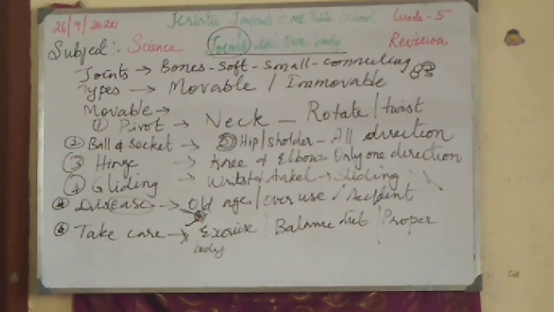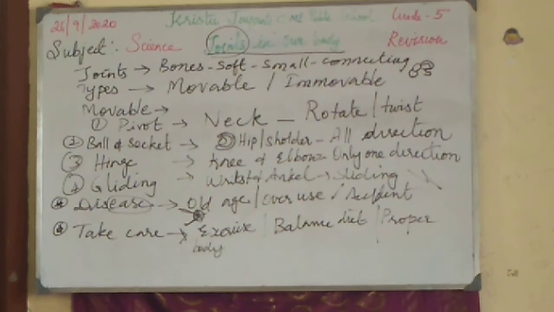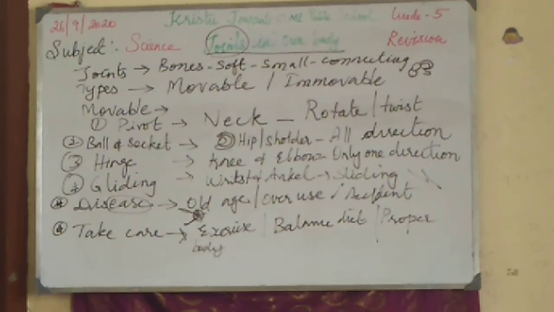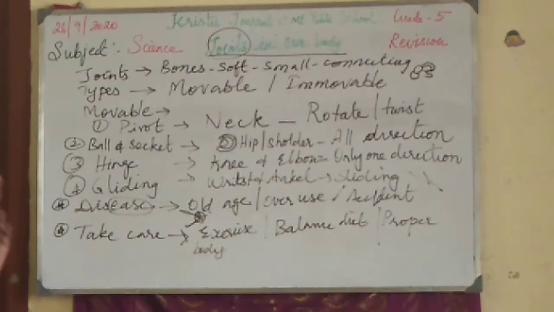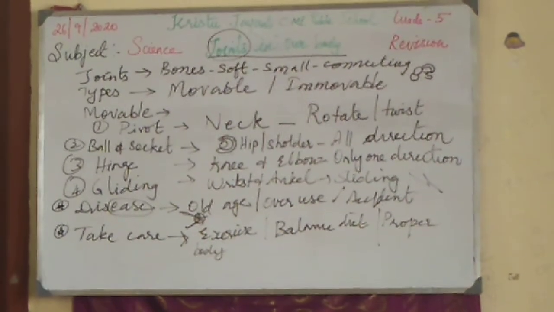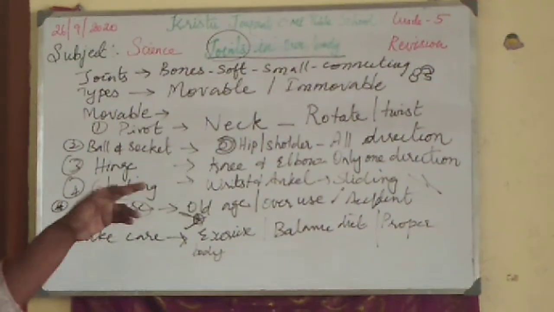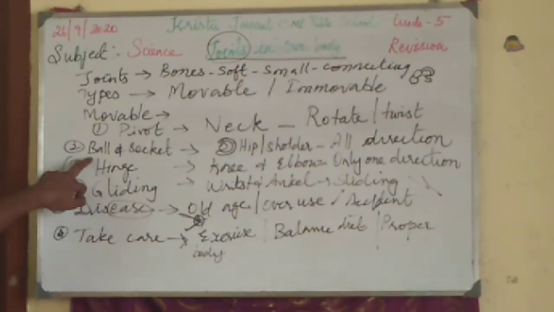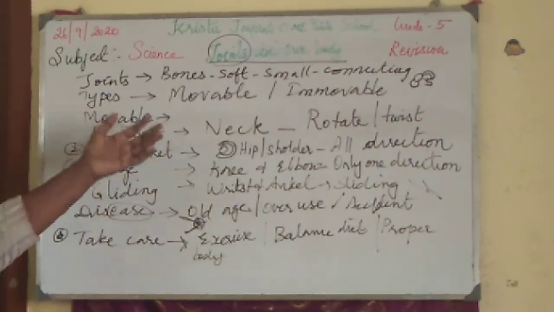Or if you find it difficult, if you couldn't understand some particular part, re-see it again and again. Now it is very nice that you have this recorded on YouTube. So even if you are not able to understand one time, if you listen again and again, for sure you will understand. So as I said, suddenly if I ask a question, what is ball and socket and what is gliding, you just have to compare and write where it is present.